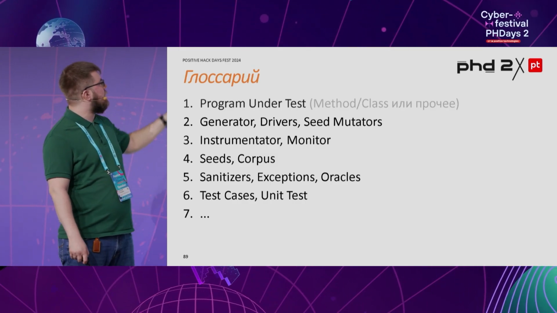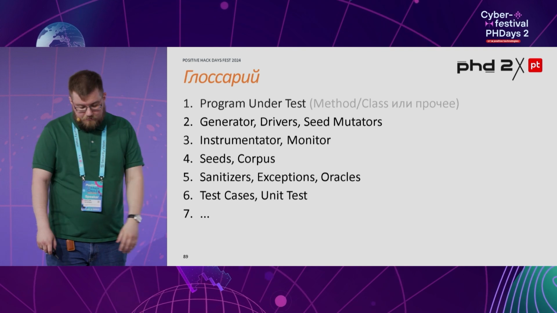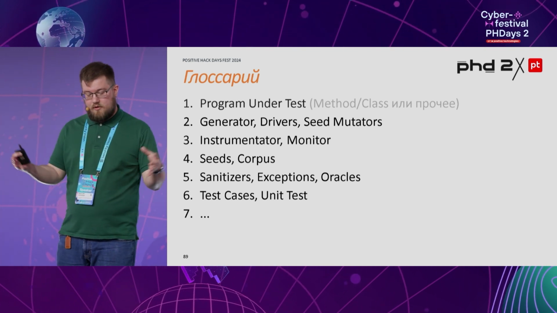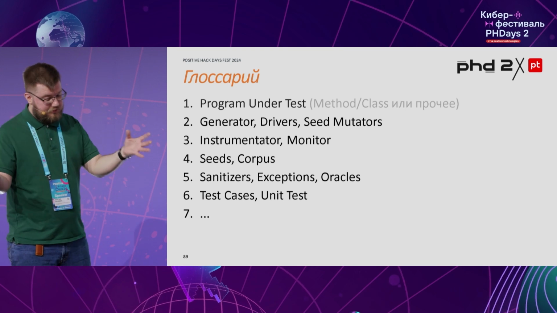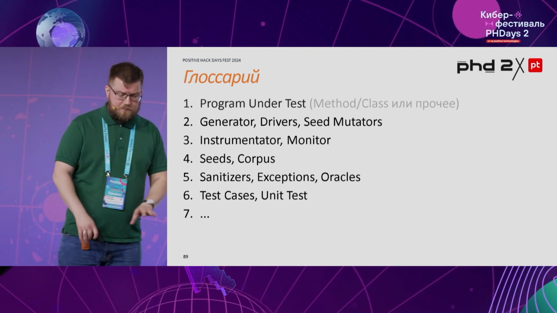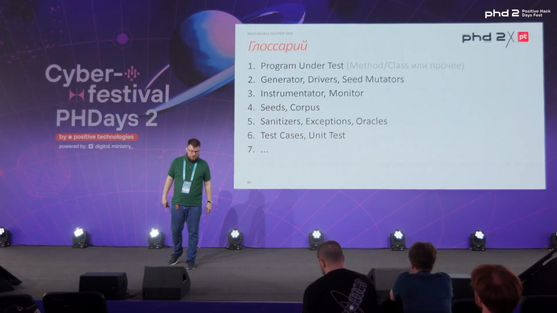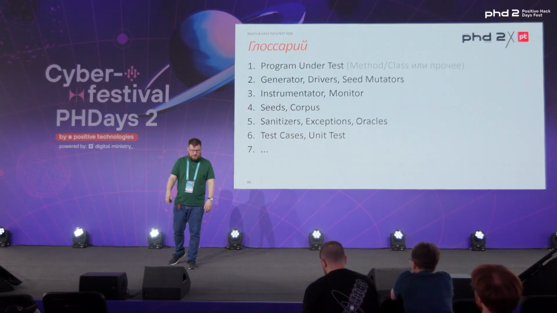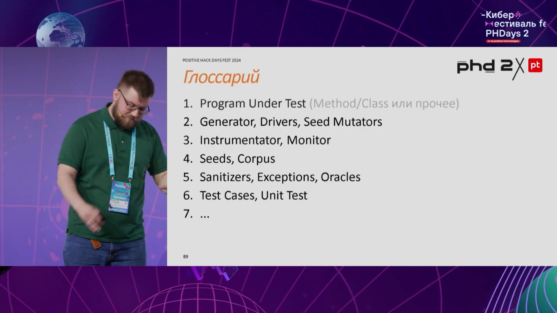Test cases and unit tests, I also covered that point. As for the corpus, that's the storage for the seeds. If you deep dive into fuzzers, you'll see that there are more elements to a fuzzer. It's difficult to keep track of them, but